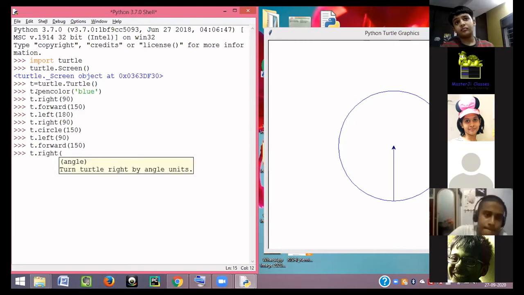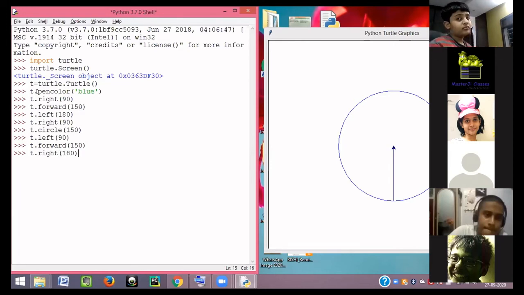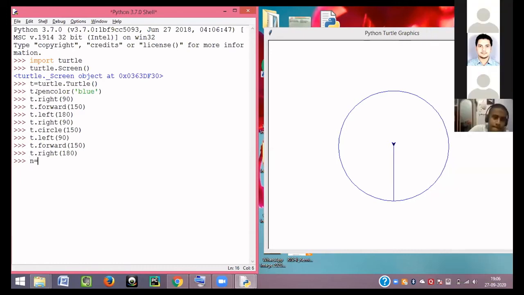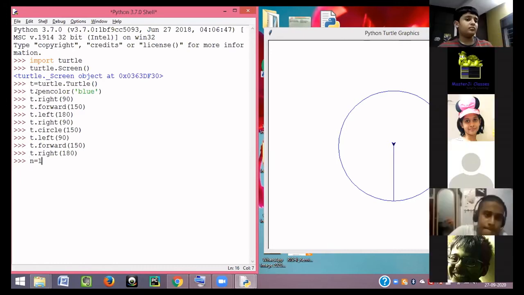There is a slight little dot in the middle of the circle in the Ashoka Chakra which joins all the arrows. Yes. Now from here, I have to apply a loop. Let's say n equals 1. Now, there are several methods to apply a loop in Python that you will study in Python.